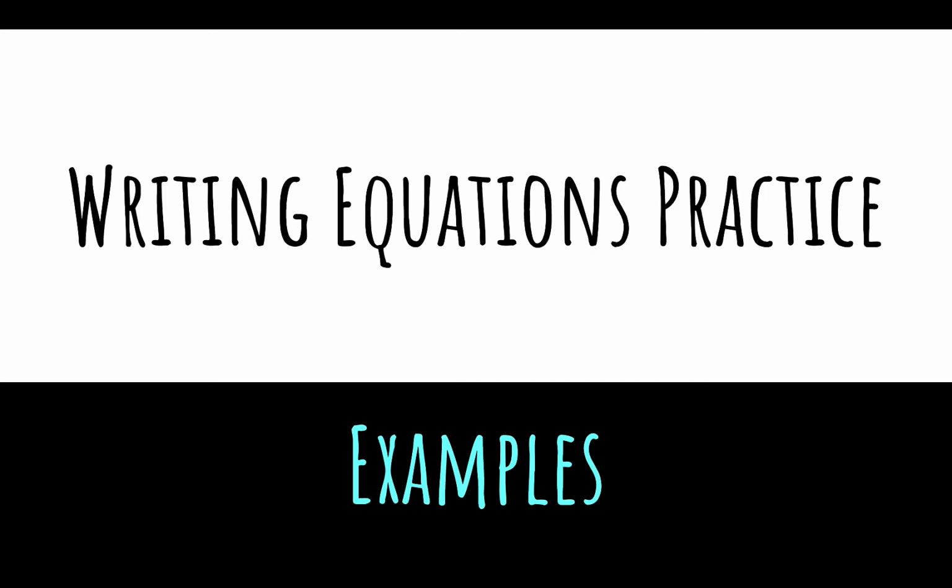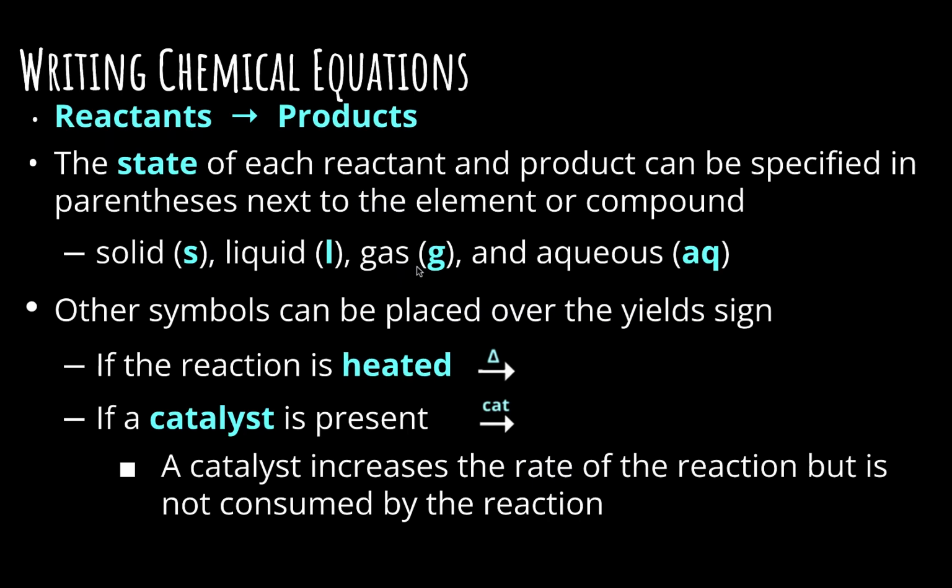Today we're going to go over some examples for the writing equation practice. So before we get started, there's a couple things we want to review because when you're translating these descriptions of chemical reactions into the chemical equation, there's a couple things you have to remember. So we know that the reactants go on the left and the products go on the right. But the other thing we need to add in there is the state of each reactant and product by using